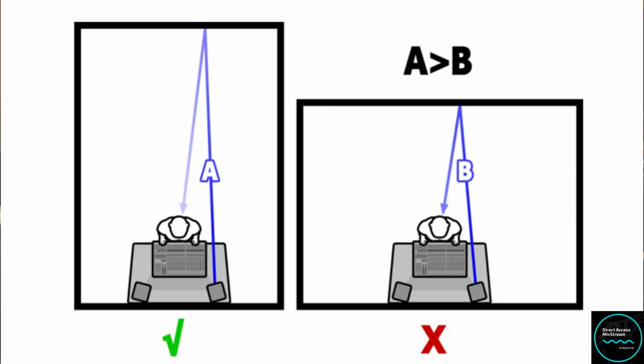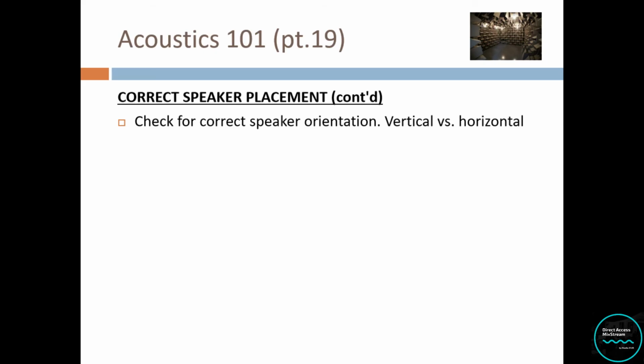And the reason again is because of the reflections. If it's on the short wall, the reflections that go back that way, by the time they bounce back, they have lost a lot of energy and they're a lot softer already. So not so much issues. But if you position it the other way around, you have your speakers there. When it fires back, the reflections are much nearer, much stronger. See? So you want to check for correct speaker orientation as well.